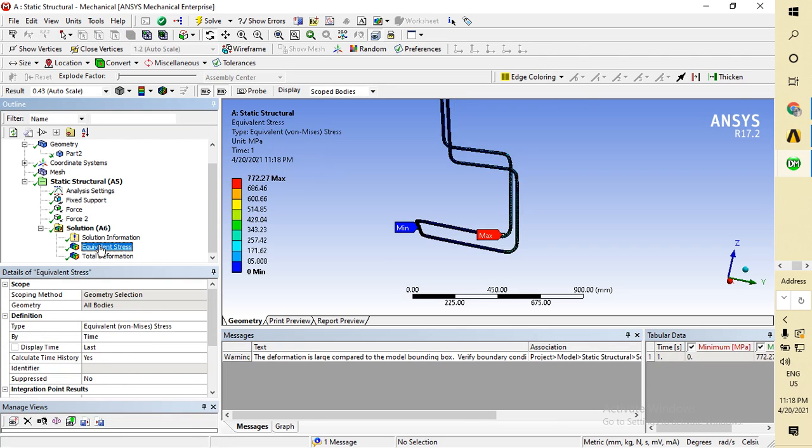Now click on it. It again gave us 772 megapascal. It means it is pure failure again. So we have to increase its diameter or other parameter.